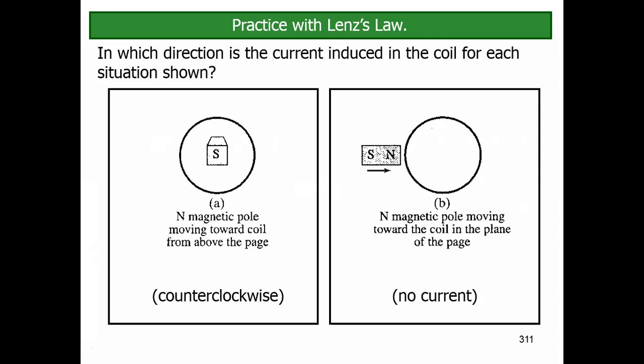This is going like this, and the normal to the plane is like this, so the angle is of course 90 degrees. Yes or no? Yes, sir. So BA cos theta, cos 90, would be